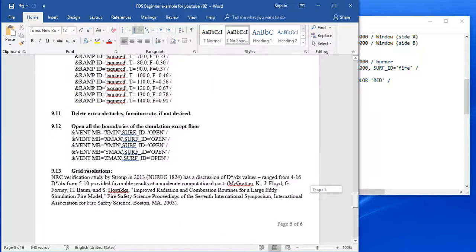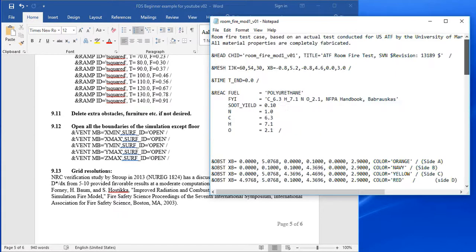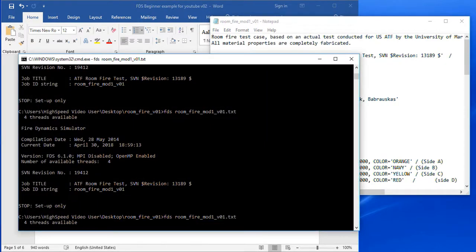So we deleted the extra furniture, we put in the vents, so we can save, and now we would want to change this time back up to however long we wanted it to run. If we only wanted it to run as long as the ramp was going, then we're going to increase. It should hold after this. It should continue at this rate after 140 seconds. So if we do this here, now it's going to